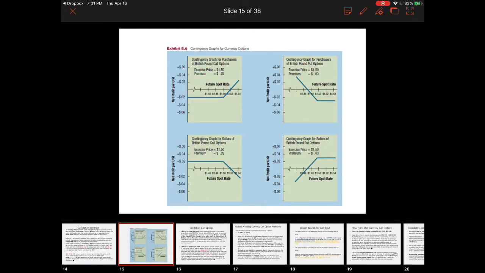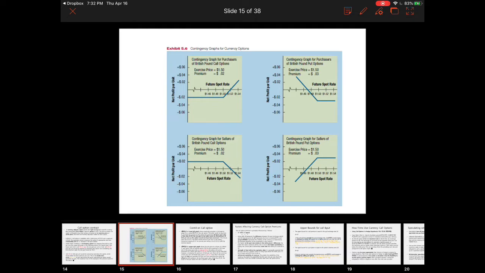Hello students, let me continue on this chapter 5. So the topic for today is currency call and put option. I'm going to start by reviewing the payoff curve of both call and put option, and then I'm